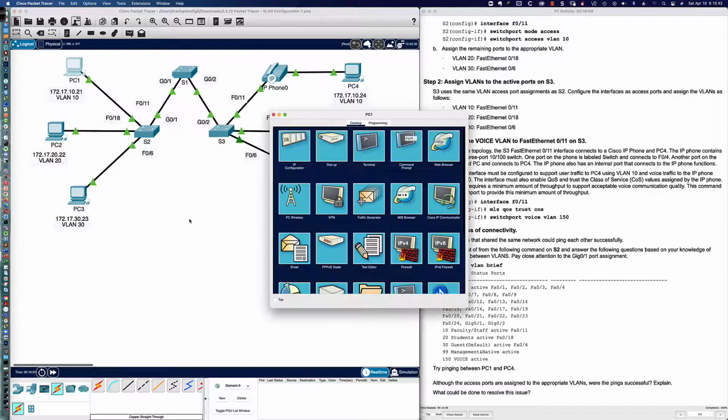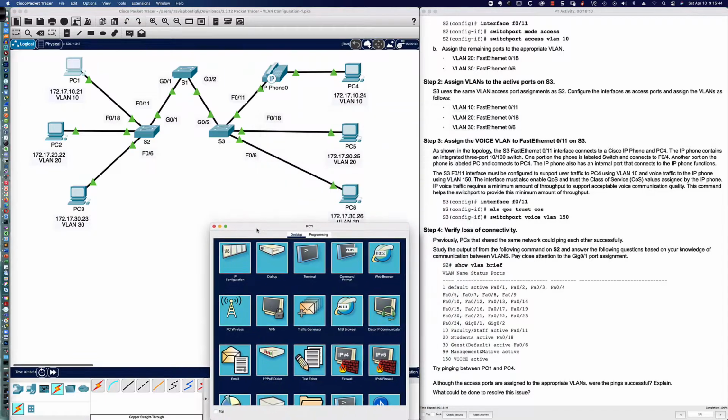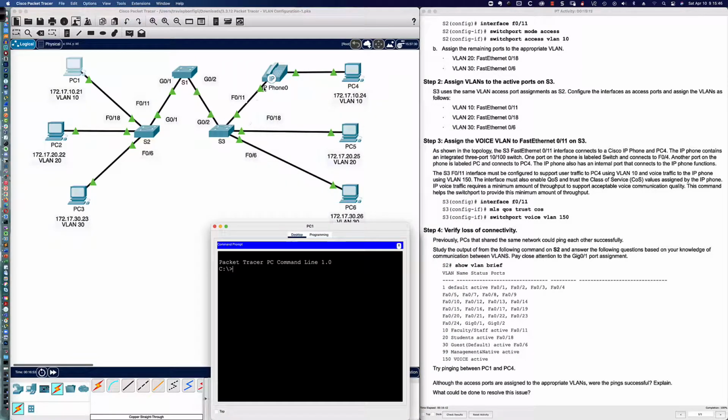Let's ping between PC1 and PC4. We're going to do PC1 and 4 to make sure that we don't have an issue here with this phone being connected in. So let's ping 172.17.10.24. And remember, these are trunk links between switch 1 and 2 and switch 1 and 3, which I'm assuming,